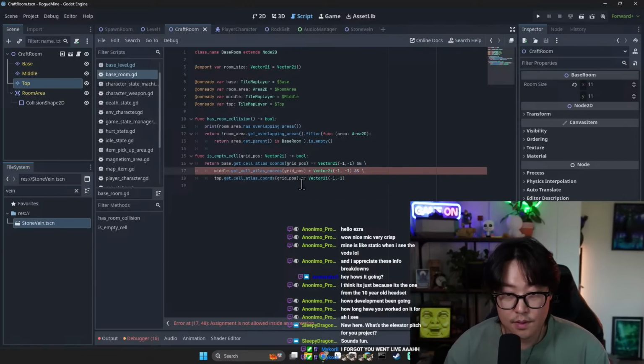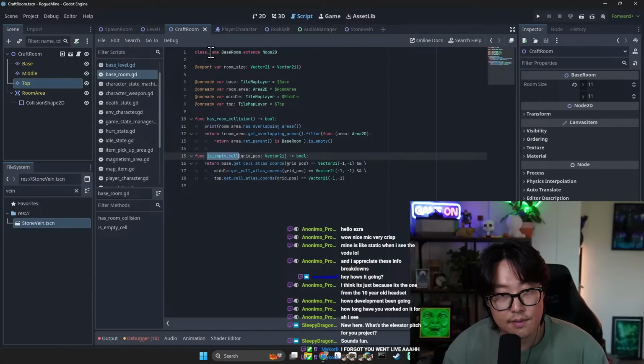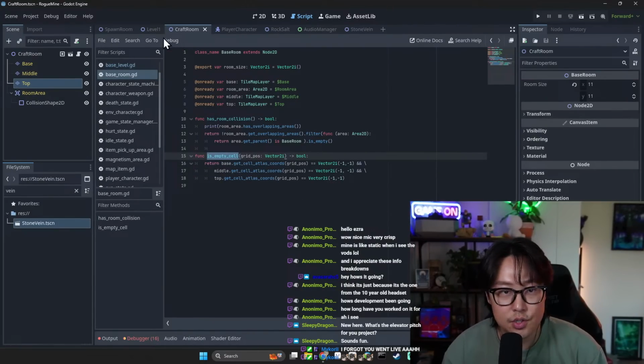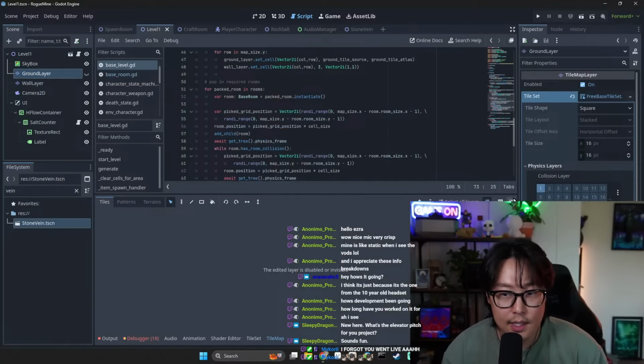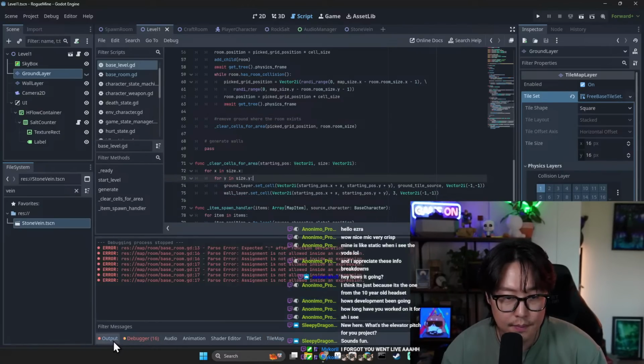Need this. Okay. So I have an is_empty_cell check for each of the rooms for a given grid position. And during the clearing out steps here,